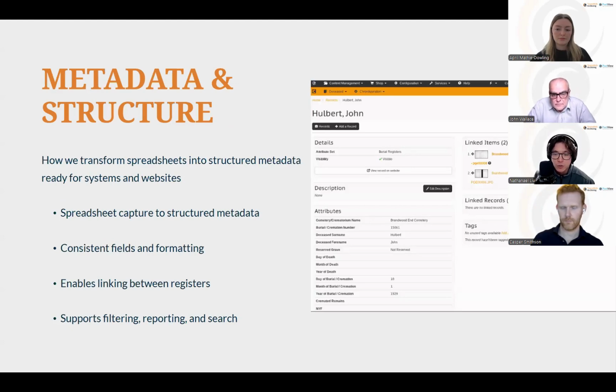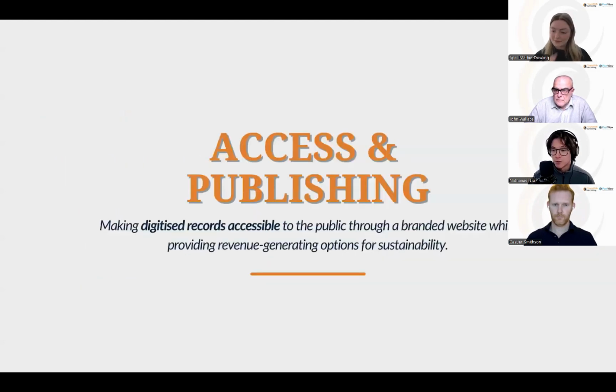So this will enable us to create metadata for individual records or people, and if that record or person are on multiple registers, then they can actually be linked from these multiple registers into this one record. And now once that's on there, then you'll be able to filter and report and search through these metadata to get the results that you want. And now we'll pass on to Casper, who will talk more about the PassView side.